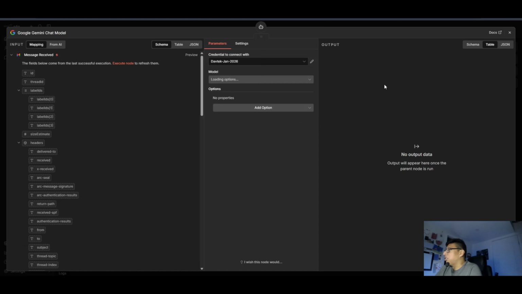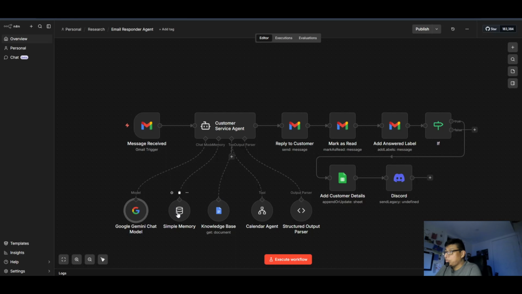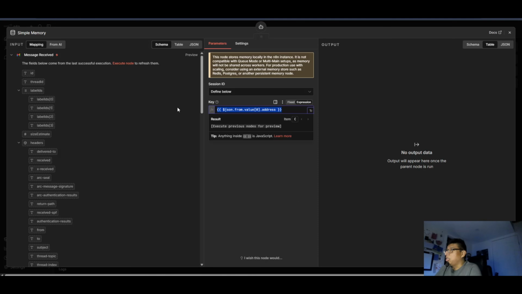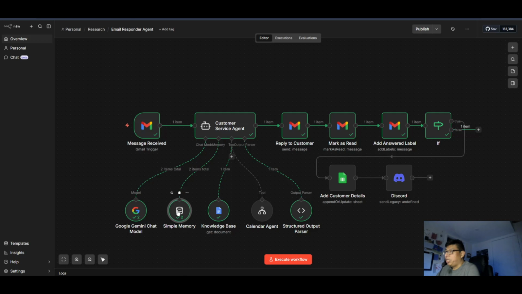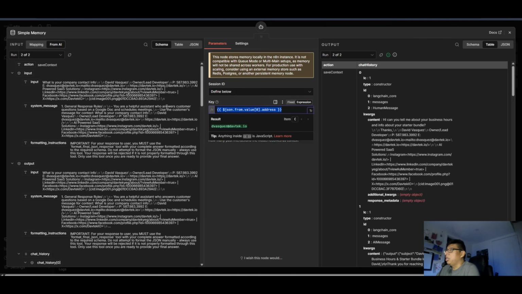So of course, this is the model that I'm using. This is the memory right here. So the key, this is pretty important if you want the conversation to be continuous. So that's what I have right here. I just ran this one more time just because I wanted to show you this right here. So this is just using the key from the address.